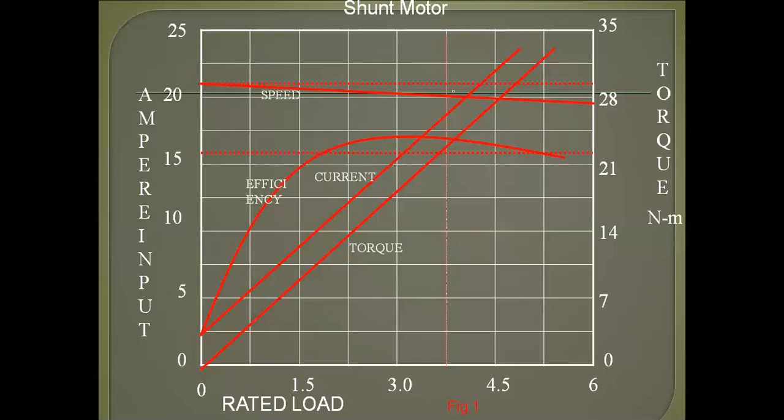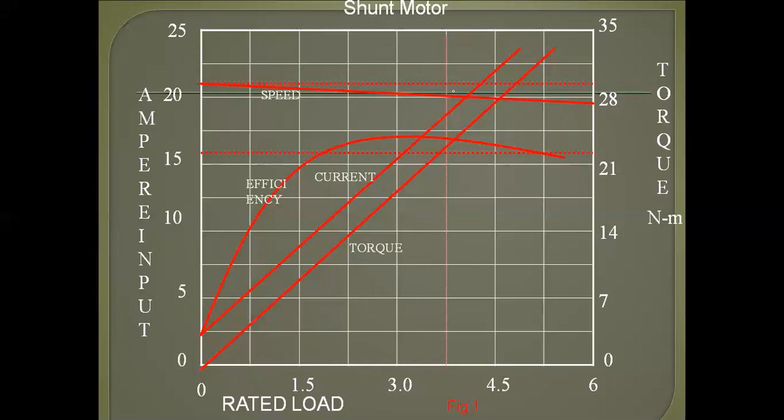It is not suitable for use with flywheel or with fluctuating loads or for parallel operation due to its constant speed characteristics. It is also useful where a moderate degree of speed control is required.